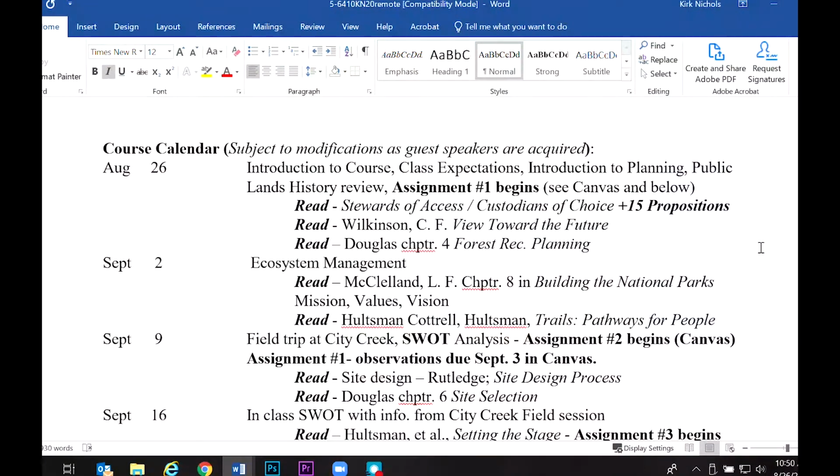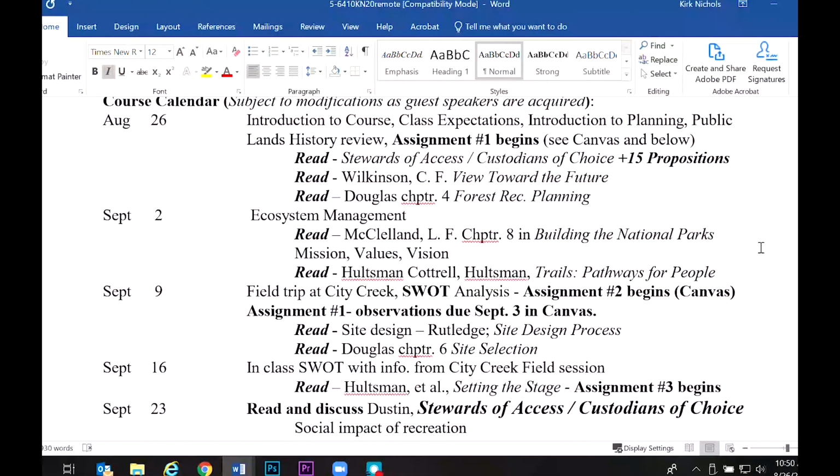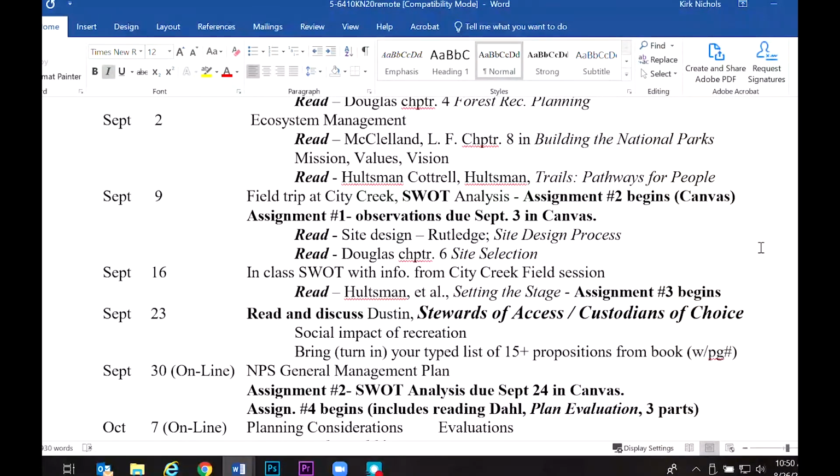So next time we talk about ecosystem management versus resource management. And September 9th, we're going to meet in City Creek. That's about 4 miles from campus, fairly easy to get there, 20 minutes on a bicycle. Certainly you can drive there. The closest a bus gets you is about a mile away. So from there, all around that hospital are a lot of the electric scooters if you ever want to rent one of those for the last mile to the site.